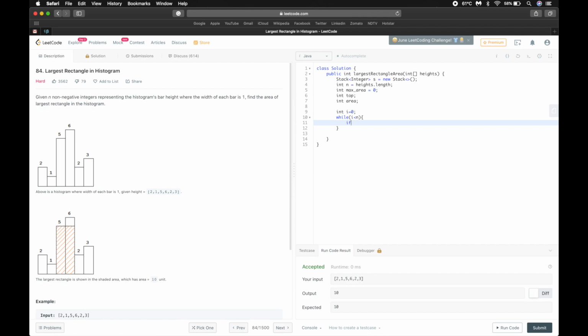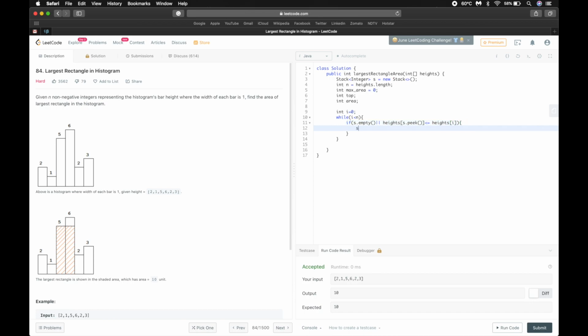At first, we have to check if s is empty or our element at the peak is less than or equal to heights of i, that is, the current value is greater than the value at the stack.